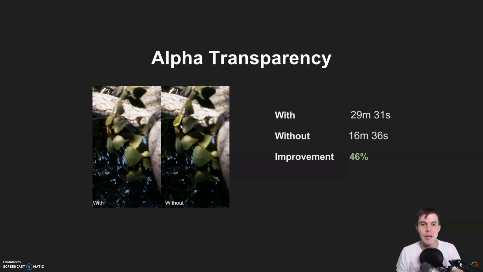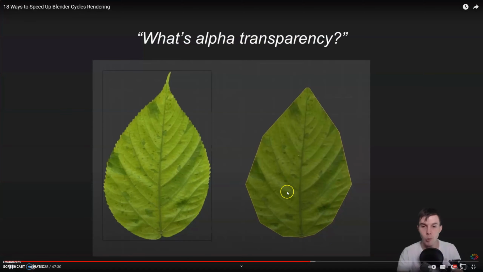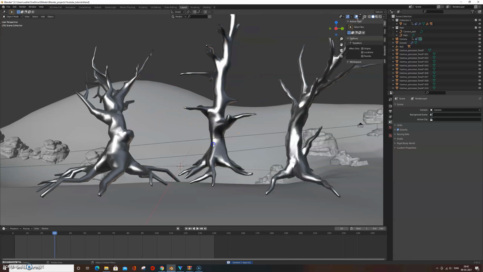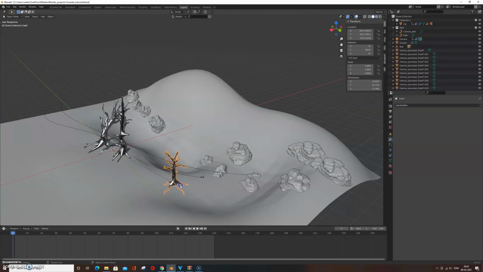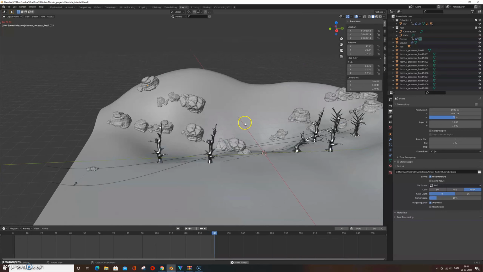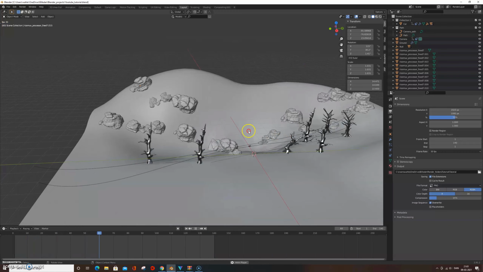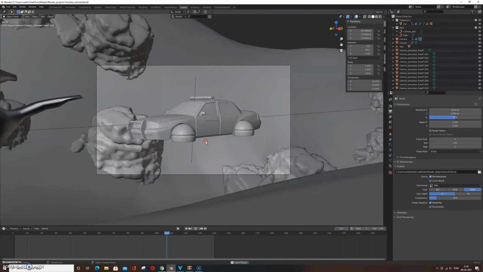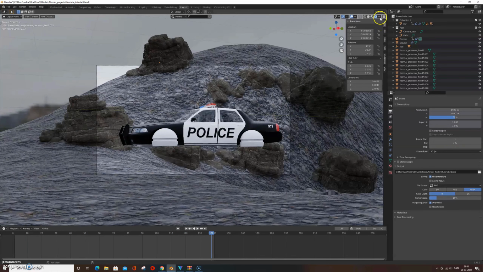Be careful when using alpha transparency on the leaves of your trees. Blender Guru did a video on this some time ago, and it will just increase your render time tremendously. I use trees without the alpha transparency; I deleted them just because it doesn't really matter for this scene. So place your trees around the scene in an interesting way. It is important to place a lot of them in front of the car as it will generate a feeling